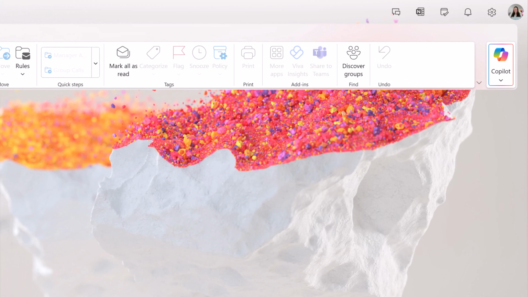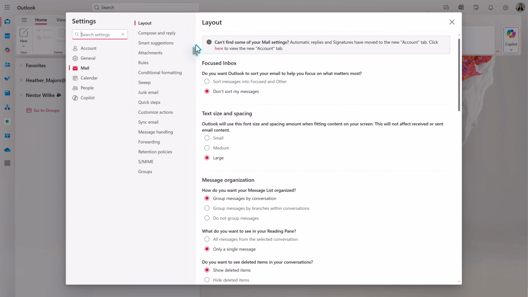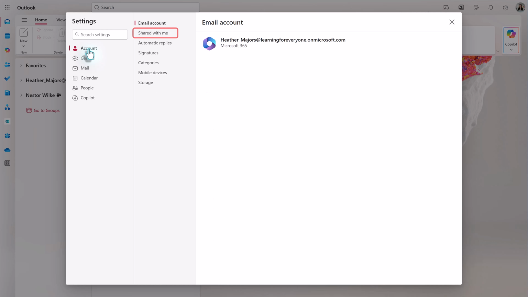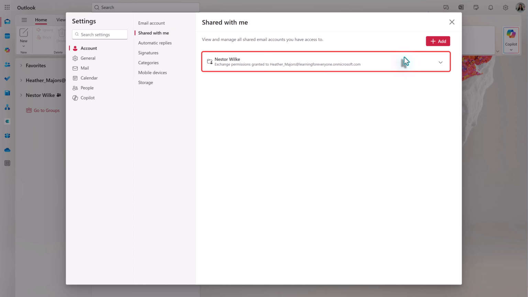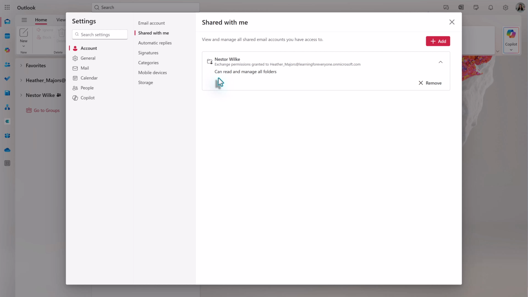To add additional mailboxes to this section, we're going to go to the right-hand side of the screen in the upper corner and click on the gear icon for settings. Then we're going to click on Account in the floating dialog box, and then Shared with Me. Now, because I already had access to Nestor's email account, it's here on the list, and if I click the drop down on the card, I can see the exact permissions that I have, which in this case is read